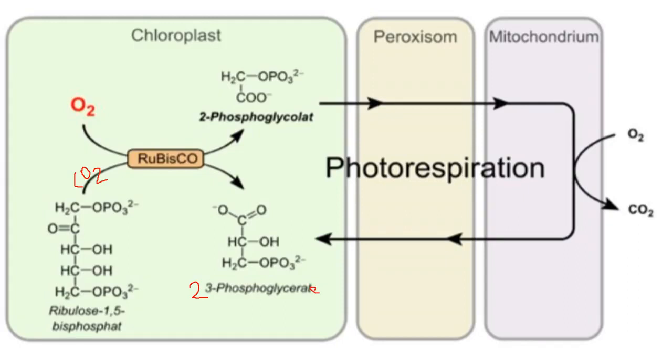Okay, and you don't need to make these structures. You just need to write the names here. Ribulose bisphosphate is converted into 3-phosphoglycerate when carbon dioxide gets bound with Rubisco. But when oxygen gets bound with Rubisco, it forms phosphoglycolate, and due to this phosphoglycolate, there is no formation of ATP, NADPH or any sugar. It is not formed here. So this process is called photorespiration.